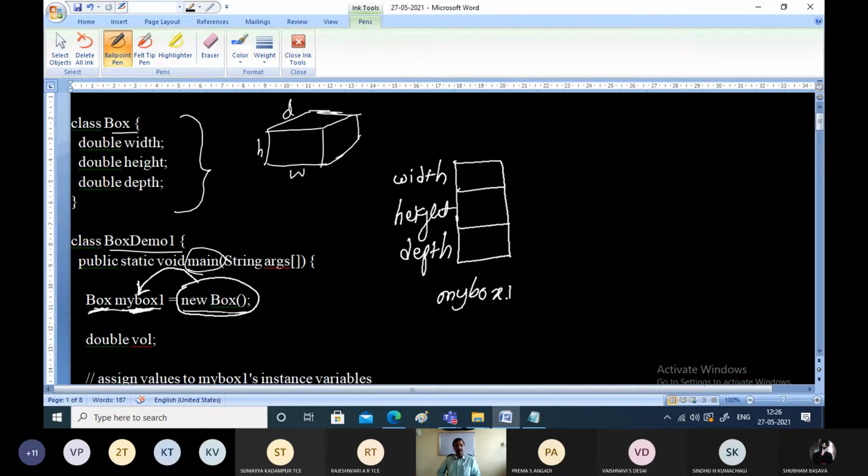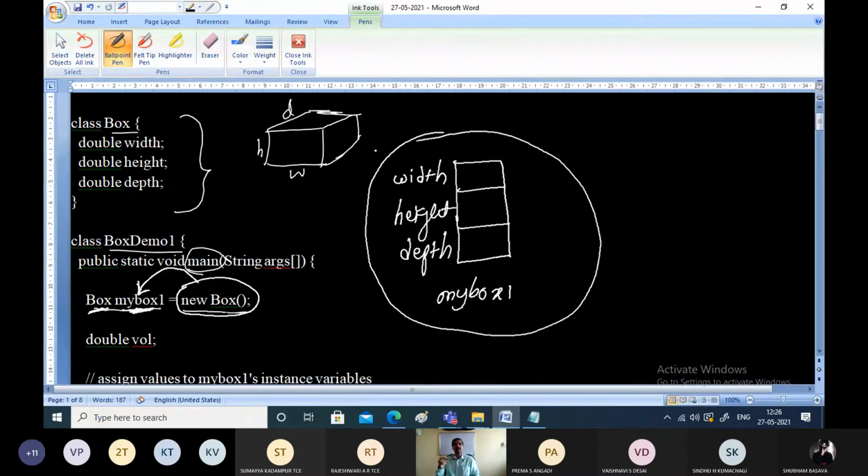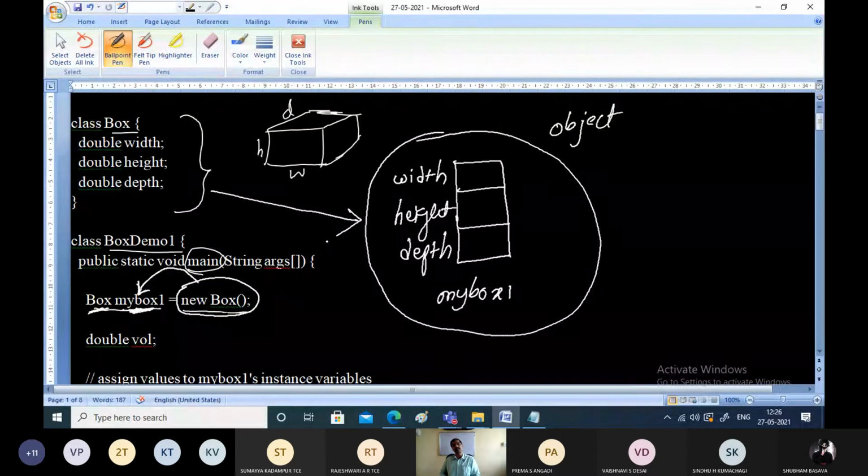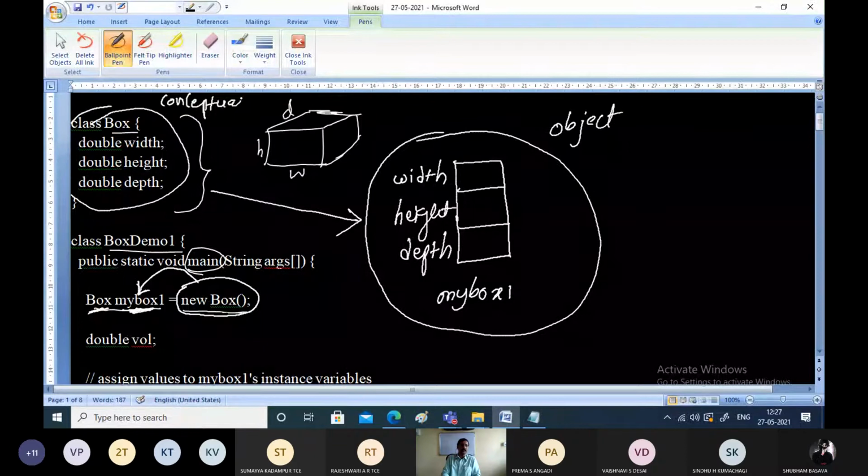So now what this indicates is that we have created one object of this Box class. The class has only a conceptual existence.